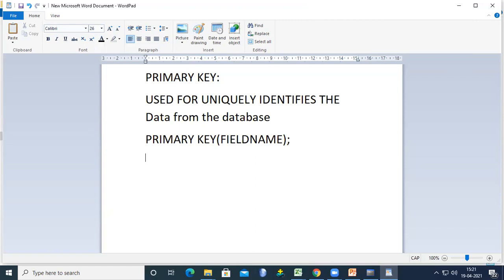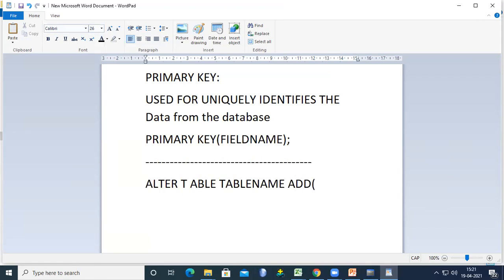Another thing, for example, how do we create the primary key for an existing table? By using alter table, table name, add primary key of field name. This is another way to define the primary key.